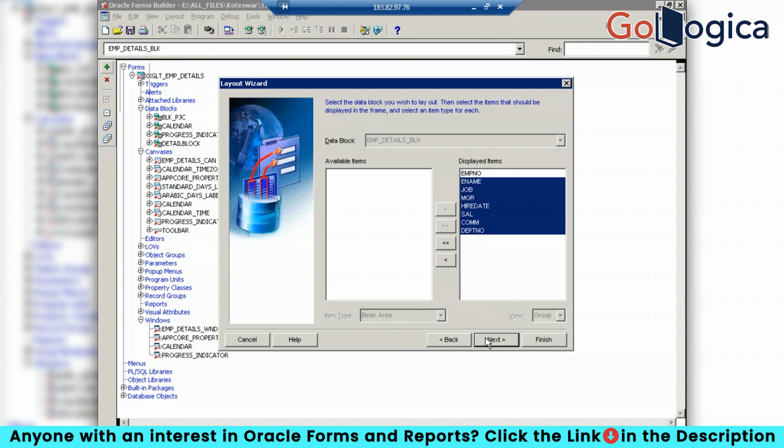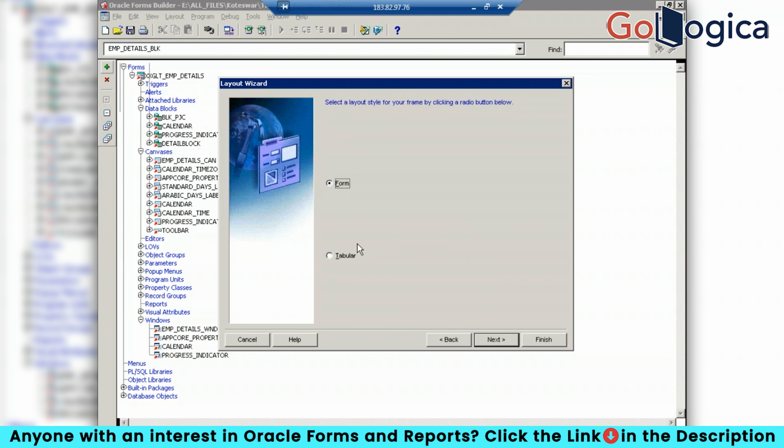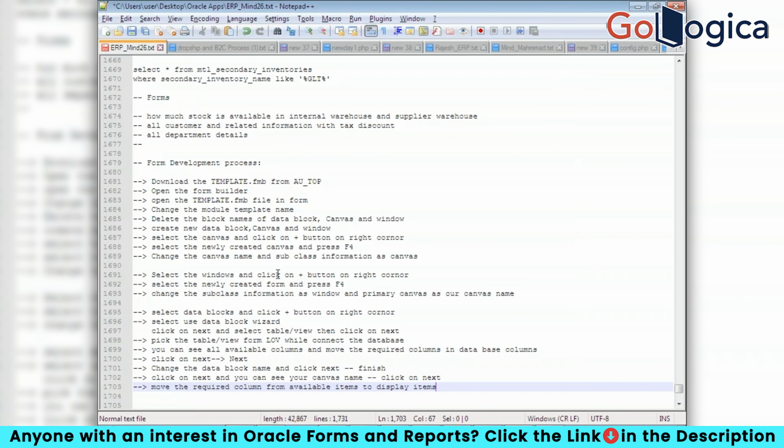Right. I moved it. Now I click on next. So here you can see the column width and height. Change the width. See now this ename is going to show more. It is bigger. If you want, you can change it, or else if it is also no problem, you can leave it. Okay, click on next. Formal tabular. Click on next. Click on next. Click on next,